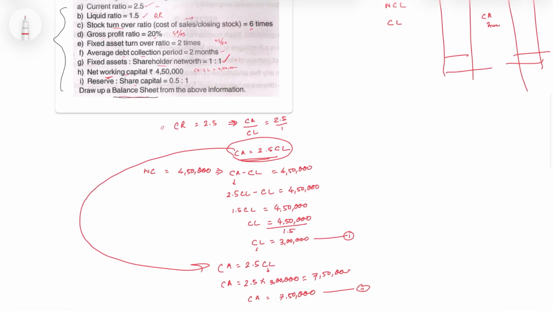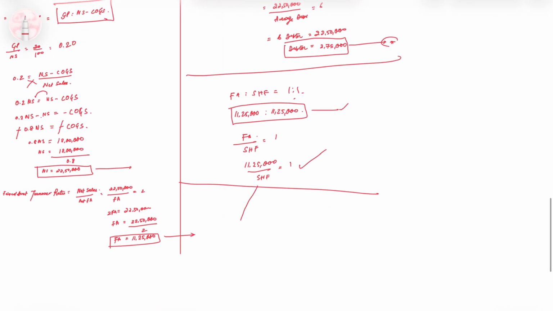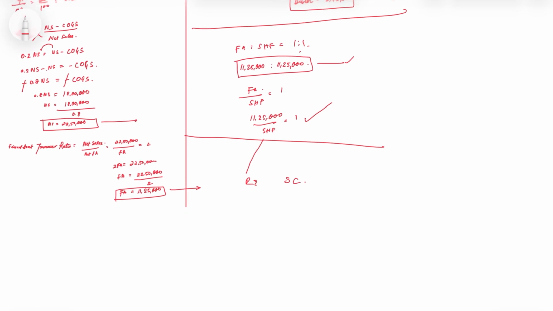Reserves and share capital together make up shareholders' fund. The ratio given is 0.5 to 1, so the simple shareholders